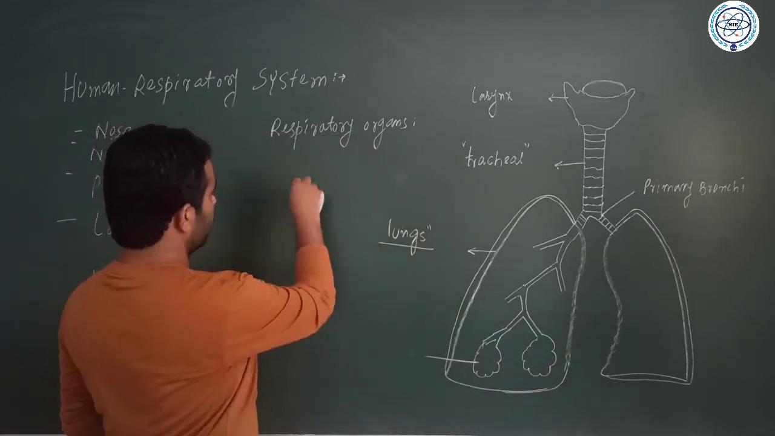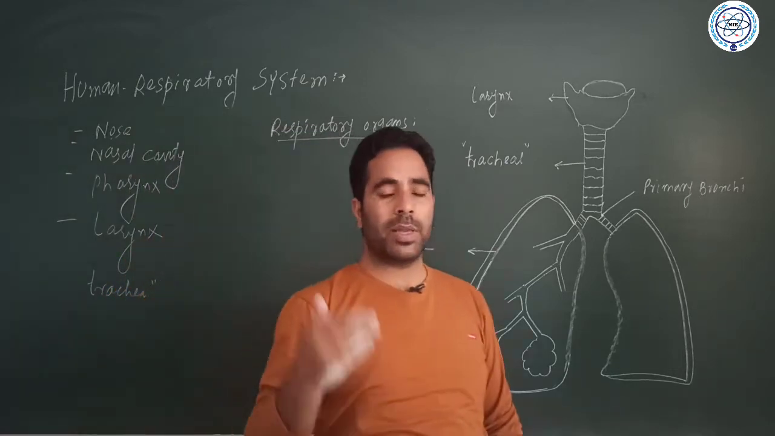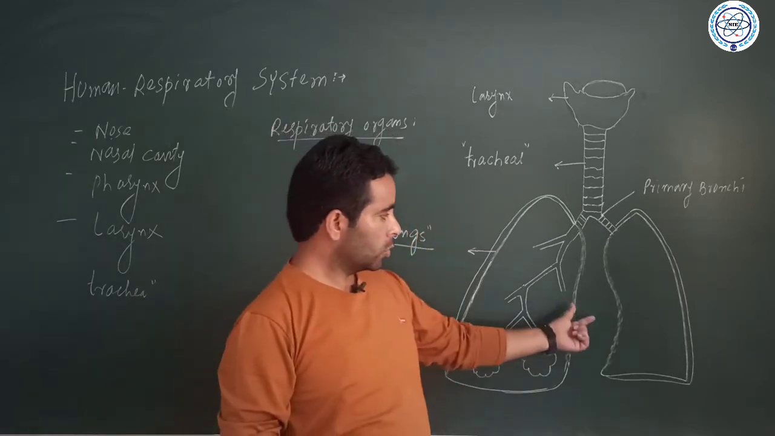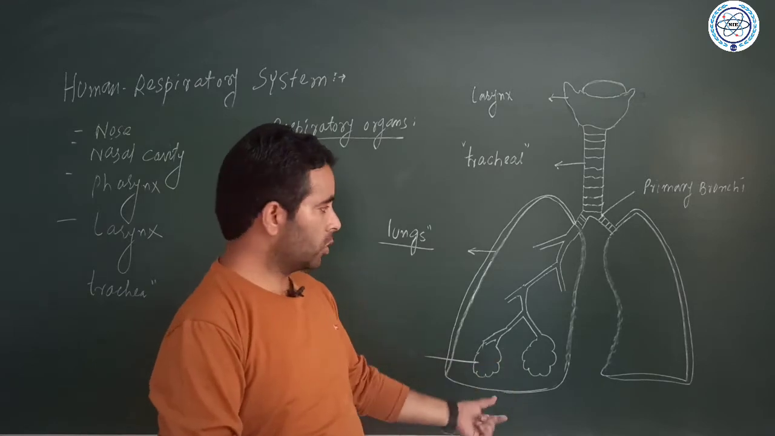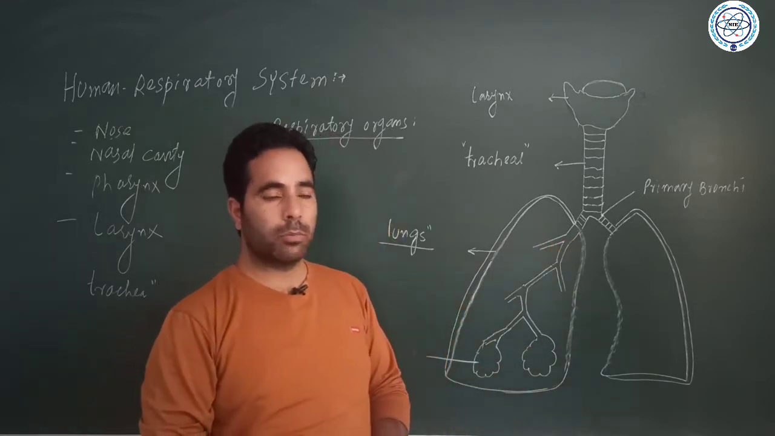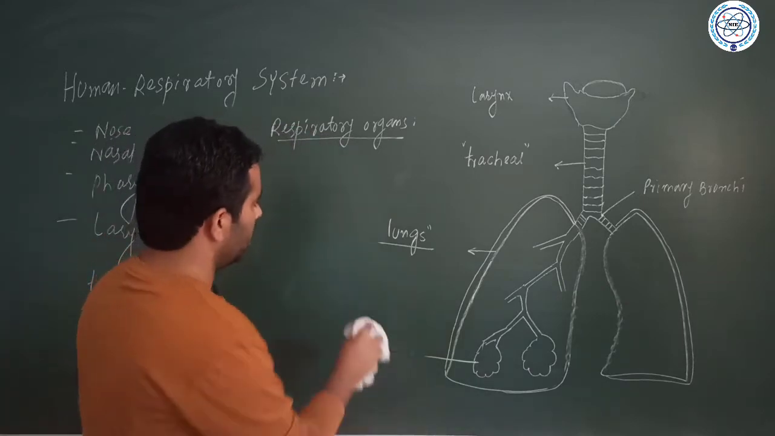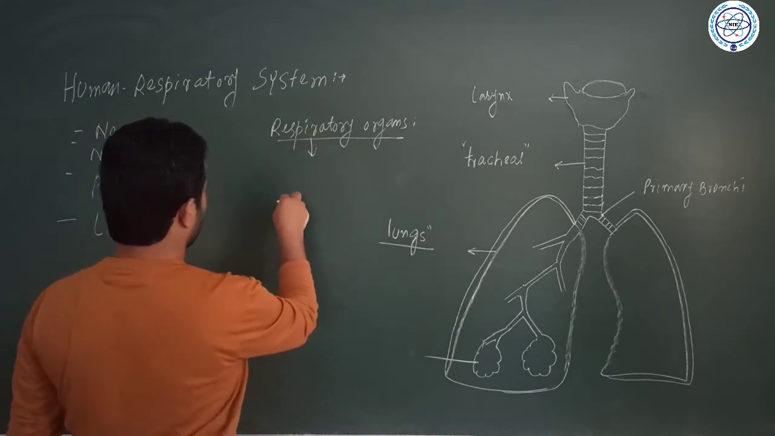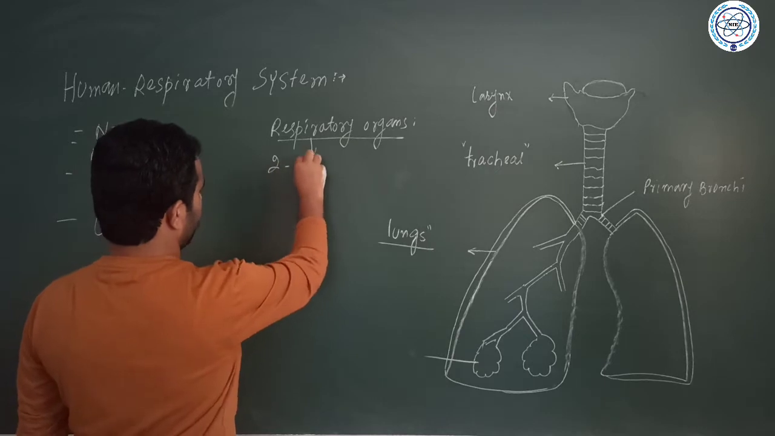So let's start from here. The main respiratory organs, where the actual respiration occurs, where the actual gas exchange occurs, are the two spongy, elastic, soft, pinkish lungs present in the thoracic cavity of the human body, right? The respiratory organs in humans, in all mammals, are what? Two spongy,